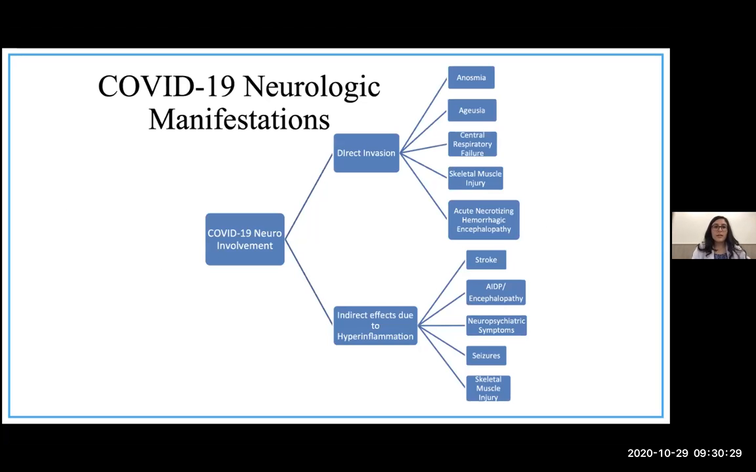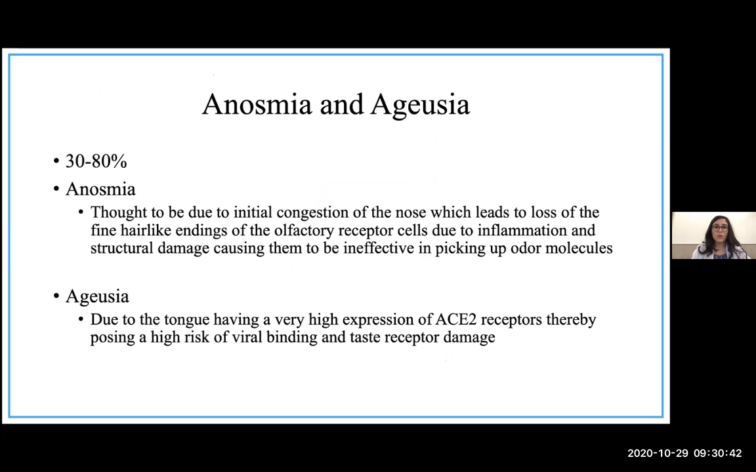So in general, these are the COVID-19 neurological manifestations. The neuroinvolvement can be a result of direct invasion or indirect effects due to hyperinflammation, and we'll just talk about these in more detail as we go. So the most common, accounting for about 30 to 80%, are anosmia and ageusia, and these affect the peripheral nervous system. So anosmia is loss of smell, as you know, and is thought to be due to congestion of the